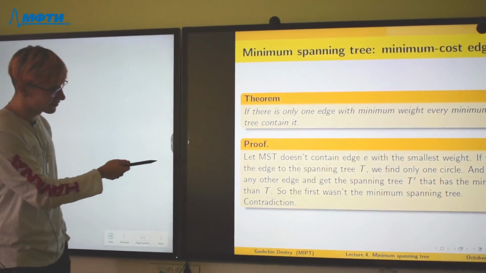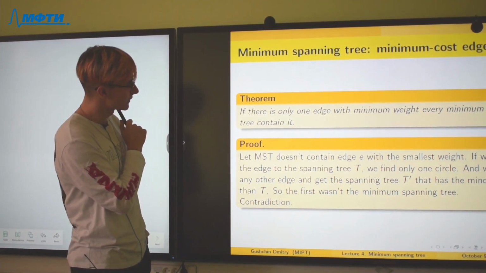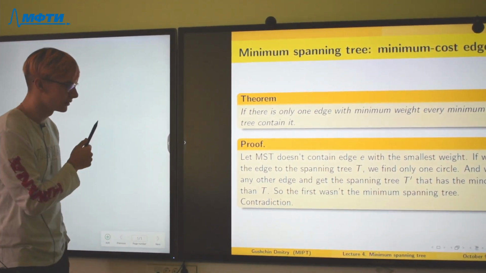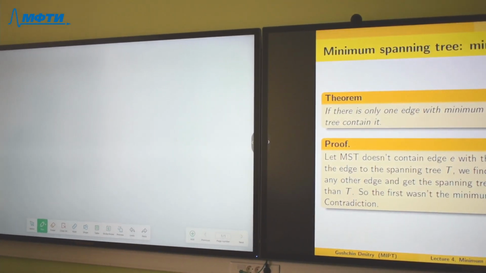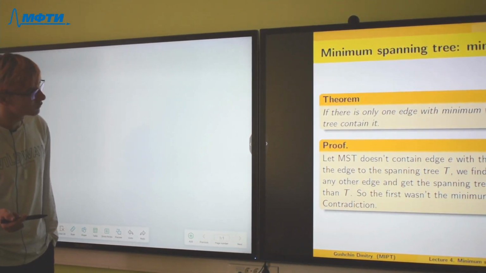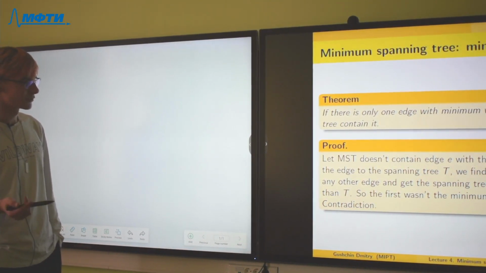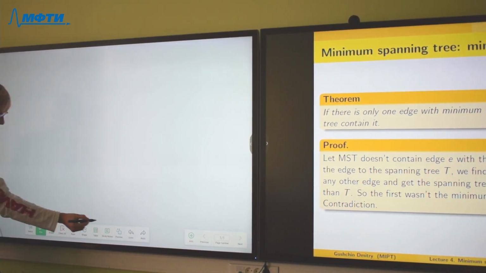Of course, you can read the proof of this theorem, but we can draw some example to imagine why this proof is true. Okay, so